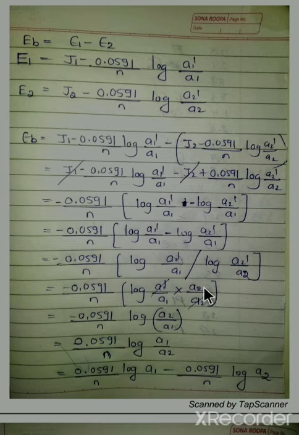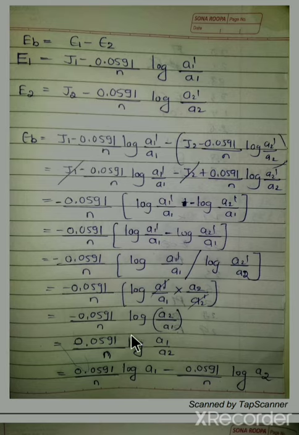Okay, now the activity of these solutions, the outer or inner solution, with respect to the others are almost constant. So you can cancel the terms a1 dash and a2 dash because they are almost equal. So you are left with a2 by a1. In order to avoid this minus sign, I can take the reciprocal of this whole term. So that will be 0.0591 by n log of a1 by a2. That minus and this whole term minus will be plus.